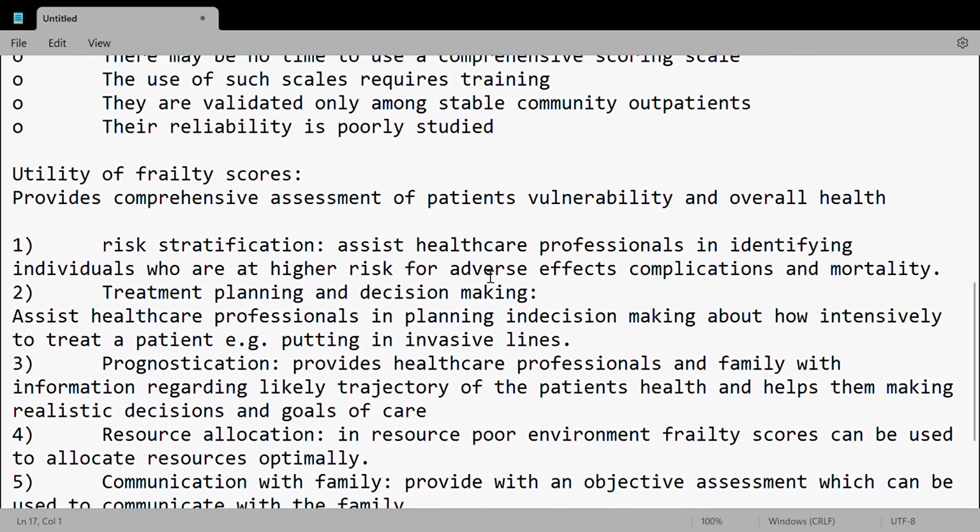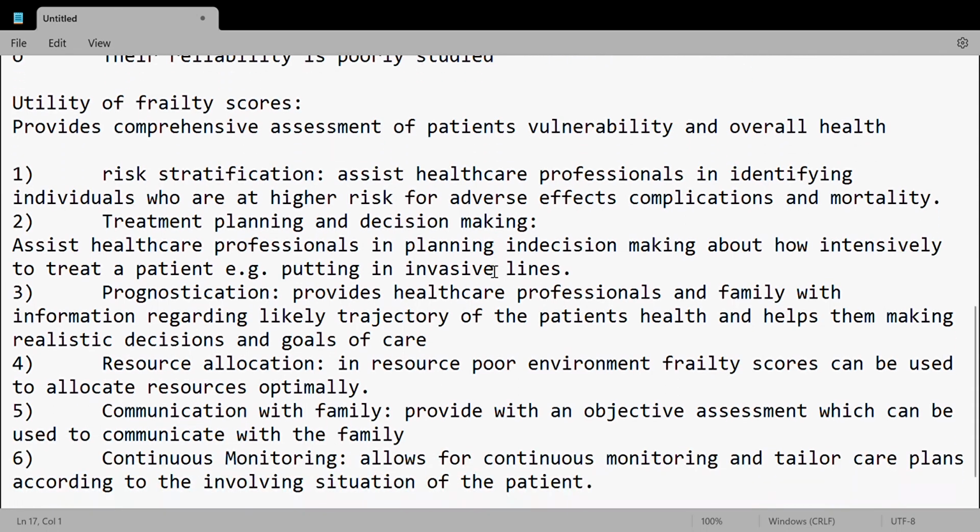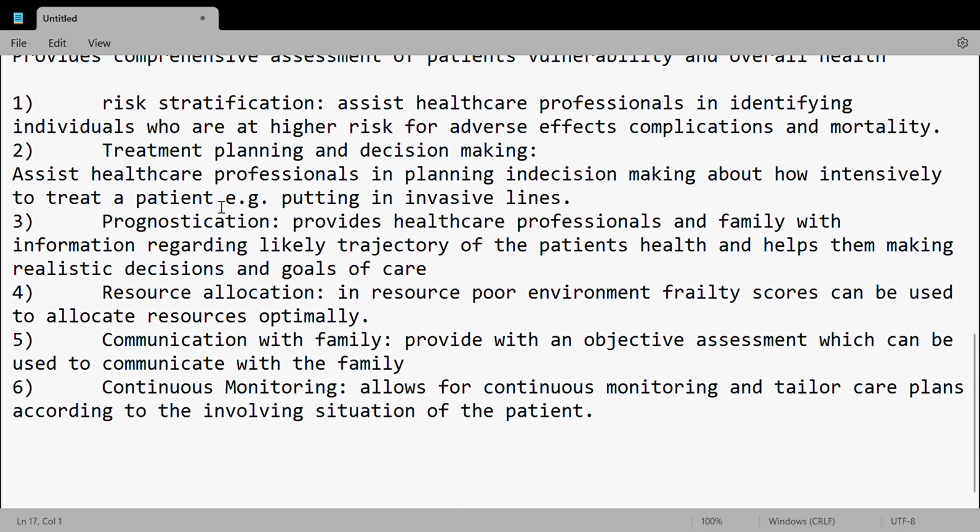Next question. What is the utility of frailty scores? It provides a comprehensive assessment of patients' vulnerability and overall health. Number one, risk stratification. It assists healthcare professionals in identifying individuals who are at higher risk for adverse effects, complications, and mortality. Number two, it helps healthcare professionals in planning,